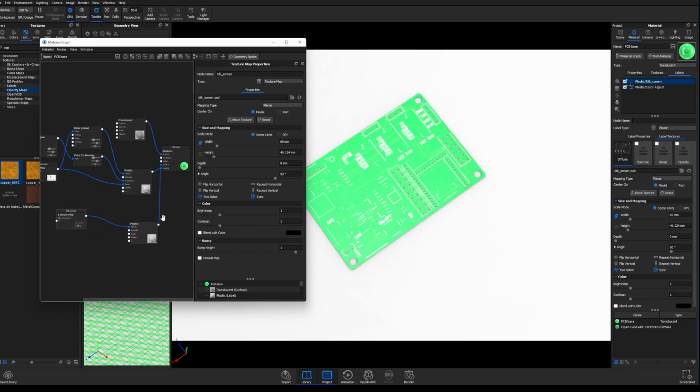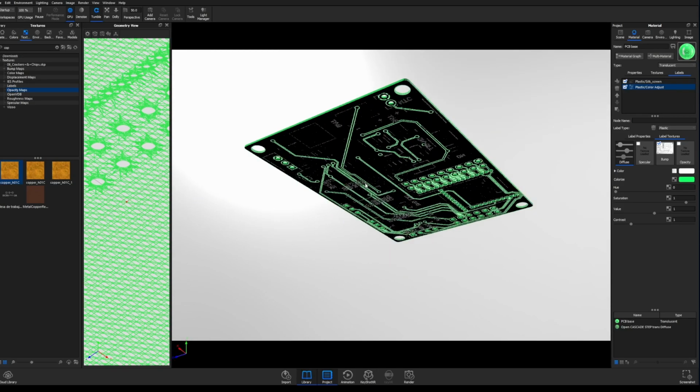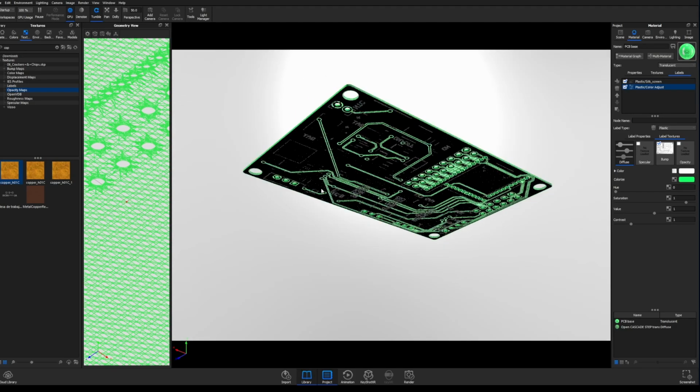No, I think that's it for this layer. Okay, so let's take a look to the bottom of the board, and we can see that we have this